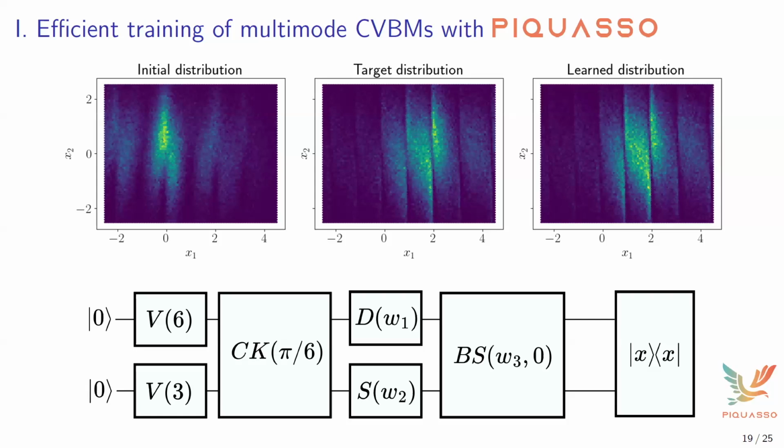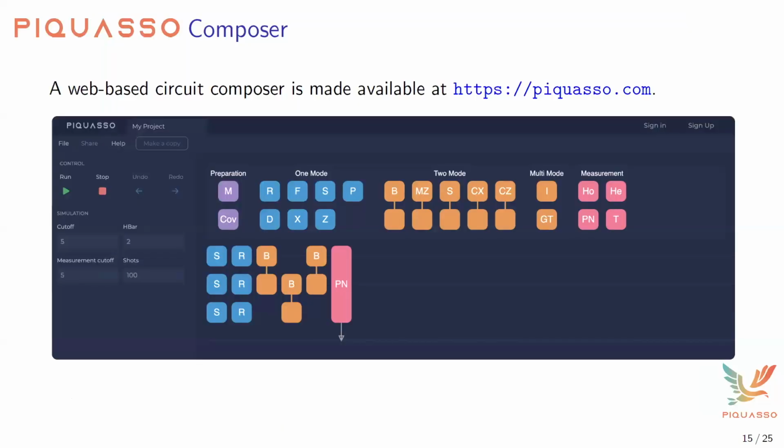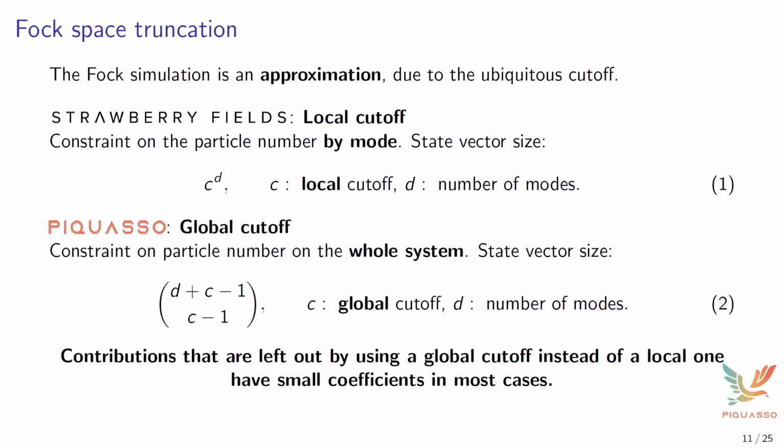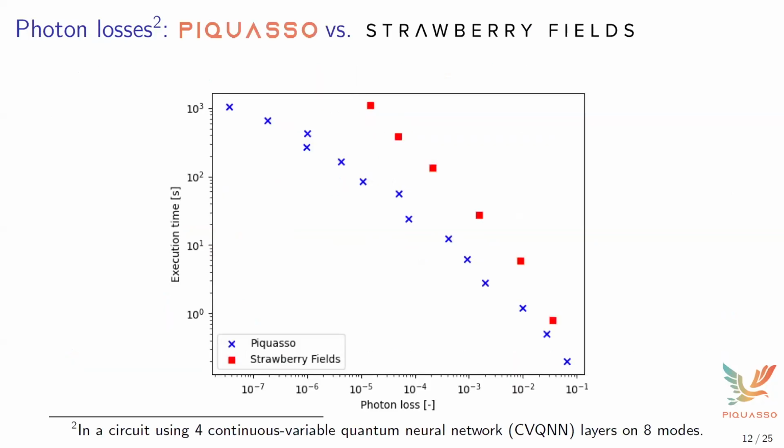So okay, another question was very specific. You showed the plot where you have the choice of the global cutoff implementation on the Fock space. You showed those plots where you show the error, how the photon loss and the execution time changes. Here you evaluated it over a specific network. Do you know what is the effect of the choices for this cutoff on how well or how easily the networks learn or converge or things like that?